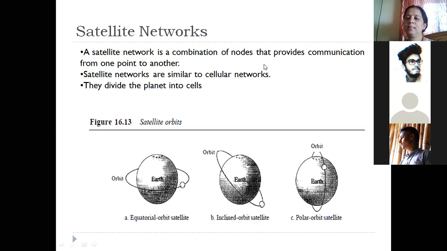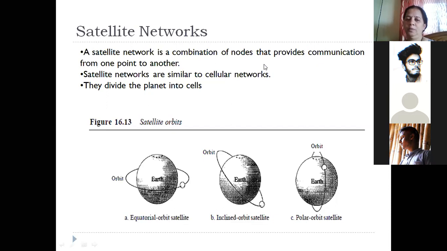Yes, ma'am. The next thing that we have in Sonnet is called satellite networks. Not in Sonnet, in data communication. The next part that we have to learn is satellite networks. Now, right from schools, you people have been quite curious and you know a lot of things about what satellites are and how they are useful in networking.